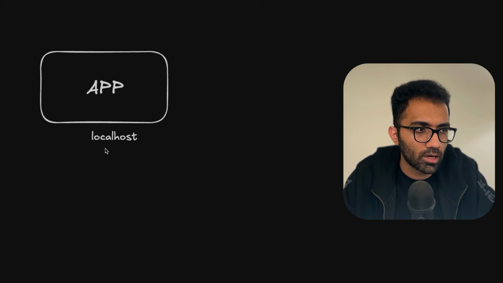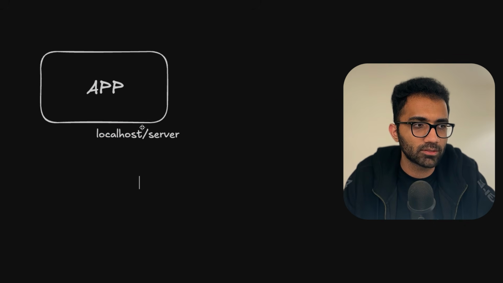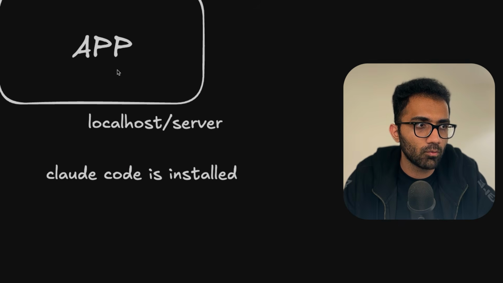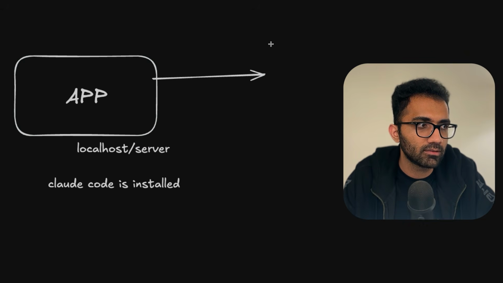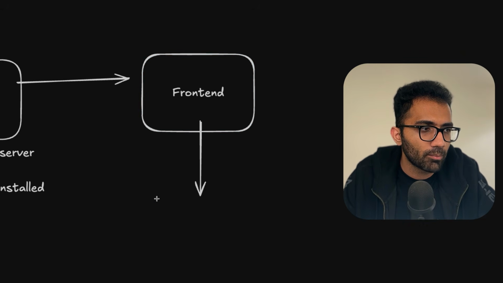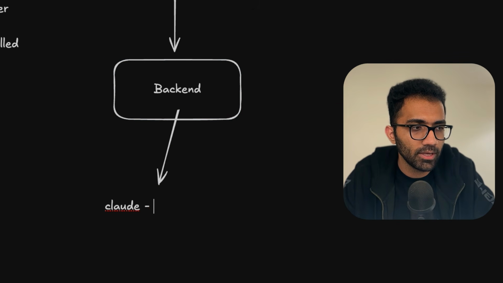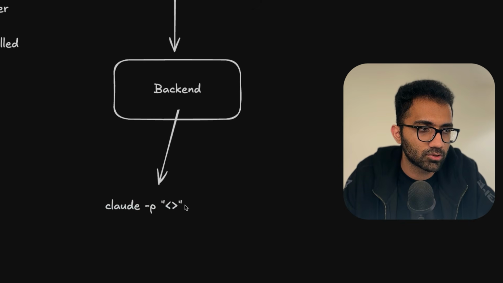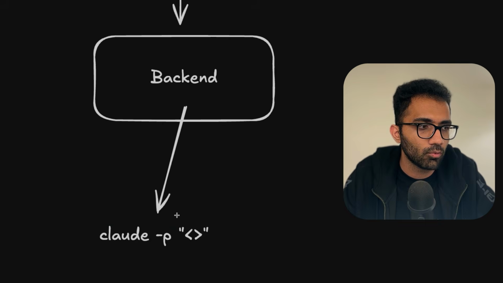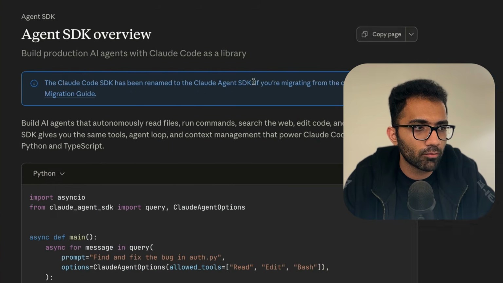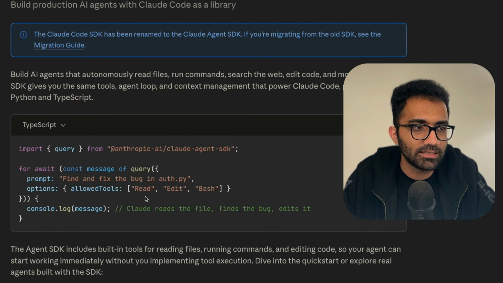So my architecture for building my personal apps is as follows. I'll create an app, something like this. This only runs on localhost for now, or maybe I can deploy it on a server, but I would make sure that Claude Code is installed, right? So once Claude Code is installed, whatever front end this application has talks to the backend. Whenever it needs to make an AI call, the backend will invoke claude -p in this syntax, right? So it will pass in all the instructions and everything, and it will use the syntax over here to make the AI call, whatever smart decision it needs to make, and it will send the result back to the front end. Now, the actual way of doing that is through Agent SDK, but they have basically disabled that now,